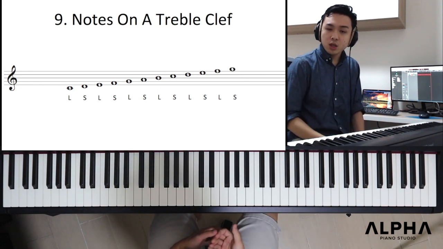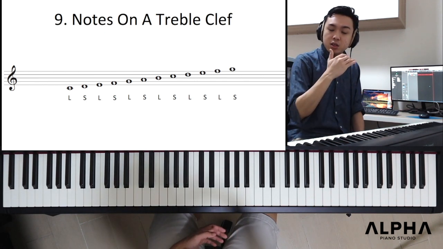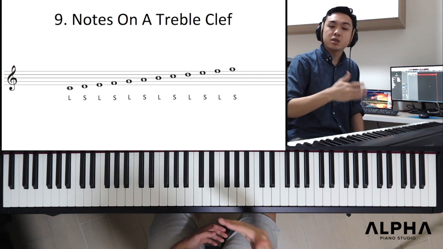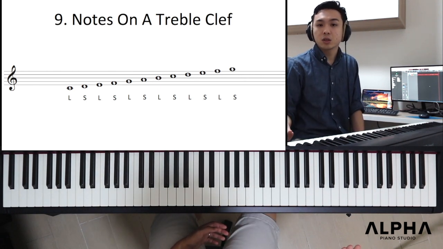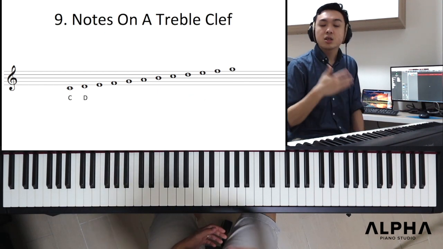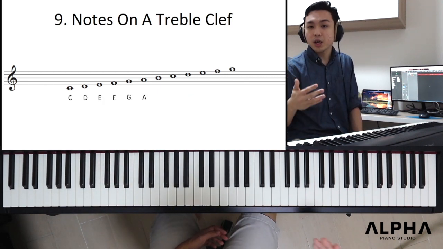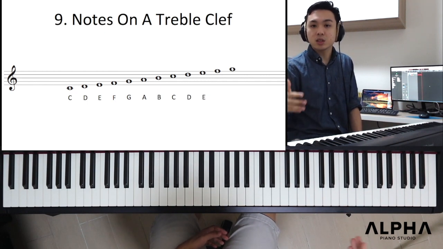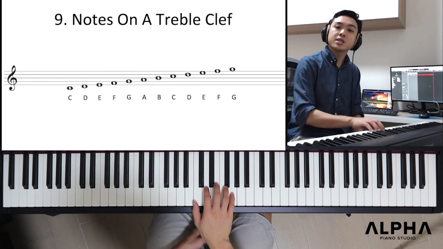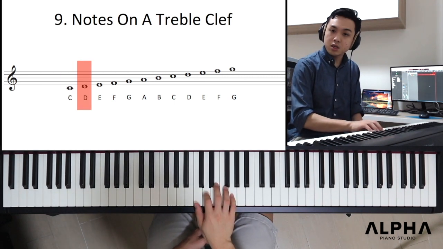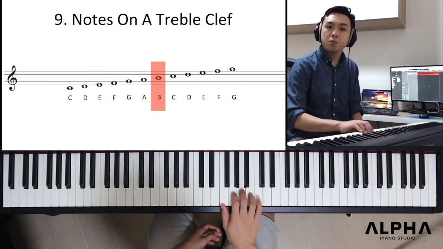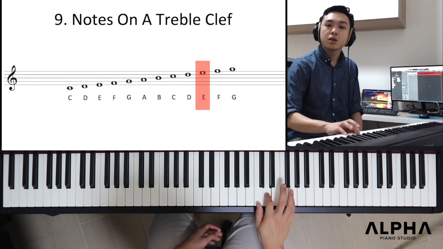And the next thing you want to know is that as the notes climb up the stave by step, each subsequent note is the next letter in the alphabetical order. So, for example, you start with C, the next note is D, E, F, G, A, B, C, D, E, F, G. So let me play these notes for you. This note right here is C, this note right here is D, E, F, G, A, B, C, D, E,